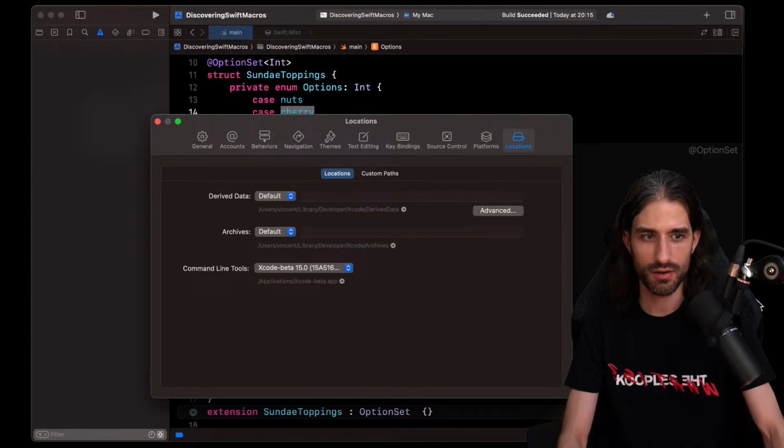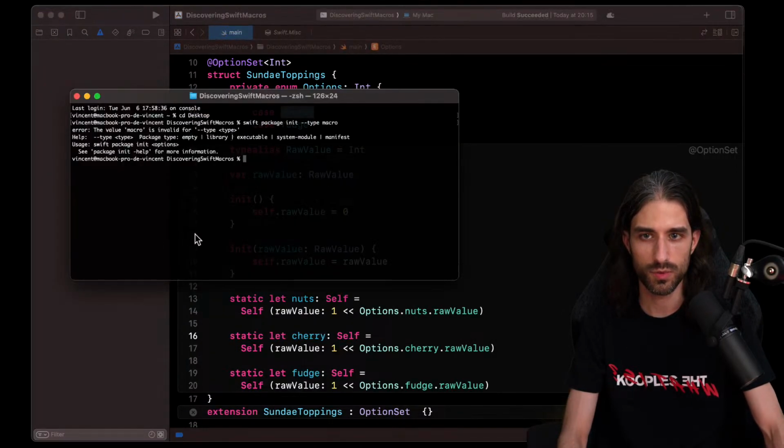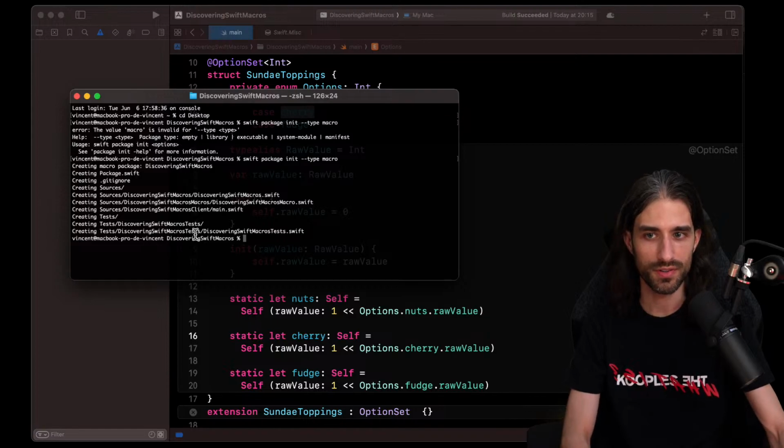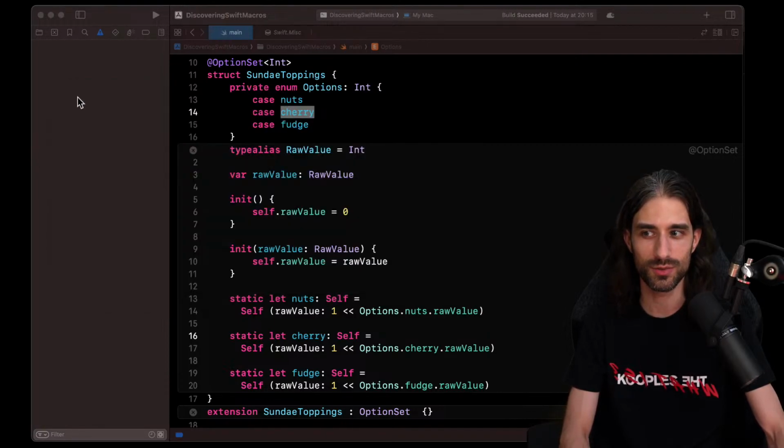All right, so now I'm using Xcode 15 for the command line tool. Let's see if it works better. I might need to restart the terminal. Oh, didn't even need to restart it, and it worked. It created everything I needed. Awesome, perfect. I'm always a bit scared of running unknown command lines during a live stream because you never know what's going to happen.